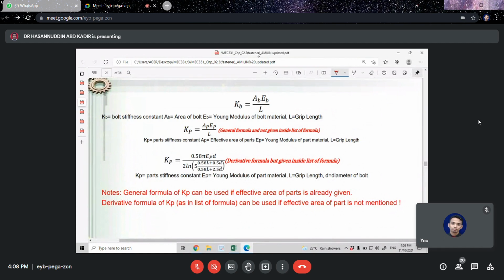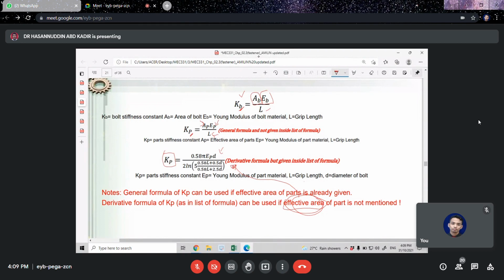in the condition where you can get the value of AB. If they give the value of AB, EB and also L, you can directly apply it to find the KB. But for the other condition, for the KP, this one is for the part, you can still apply this if they give the value of area, elasticity and also the effective length, or we can call it the grip length. Then for another formula for KP, if they do not give you the effective area, this one,